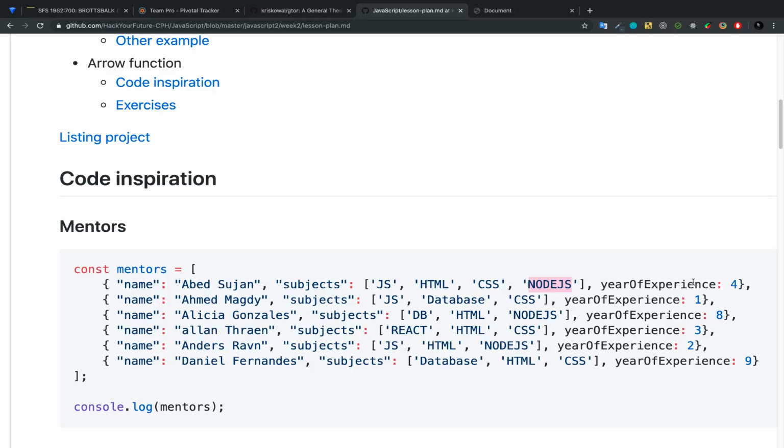But this filter was working correctly, right? So we have